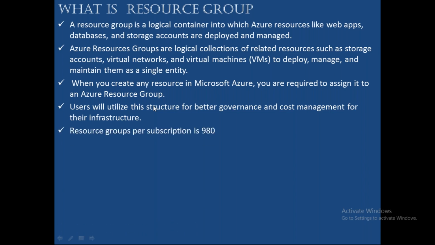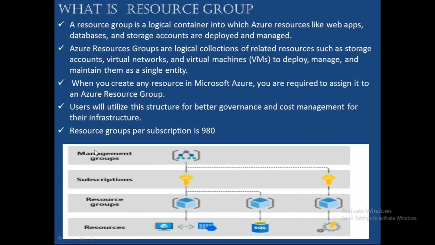Next, resource groups per subscription is 980. You cannot create more than 980. Next, you will have a management group. Under that you will have a subscription. We are going to create a subscription. Under subscriptions, you will have resource groups. Even if you want to create a resource group, you need to have a subscription. When you have a resource group, in the resource group you are going to launch all these services. You can see database, virtual machine, storage, DevOps, anything. Whatever services you want to launch, you can see your resources. It's a resource group, it's a subscription. By using the subscription, you will create a resource group. In the resource group, you will create resources.